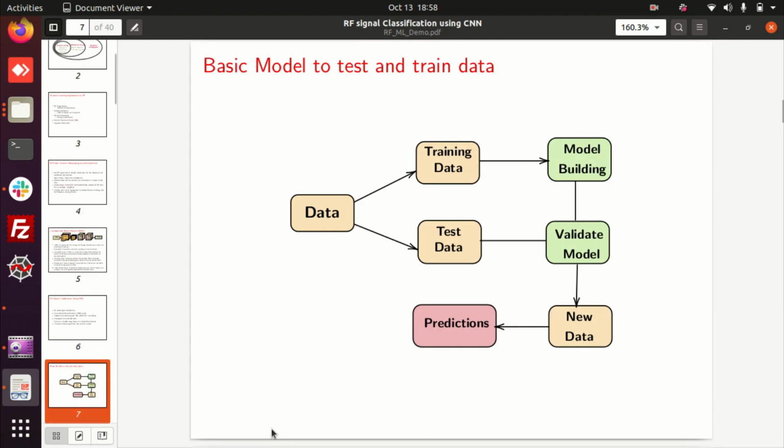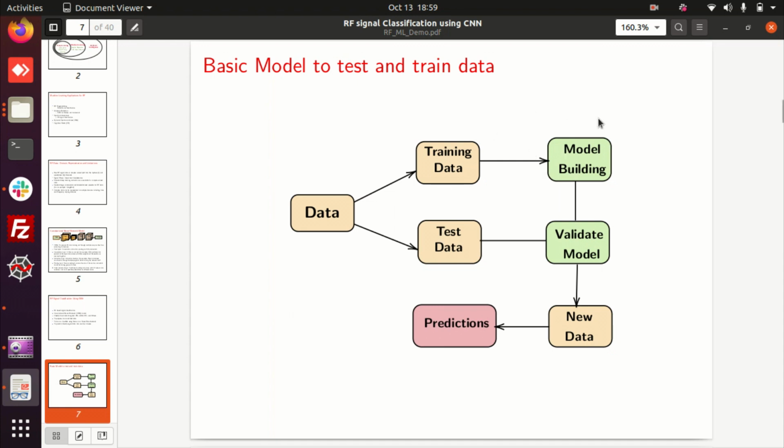This is a model for any kind of supervised machine learning technique. You have data with you. In our case, the data is the RF data. We are collecting the RF data for signals like FM, GSM and LTE. You are going to prepare it, and your SDR is going to collect the data. In this way, you have achieved the first step, your data. Next, the data is given to both the training and the testing folders. This data is named training and test data.